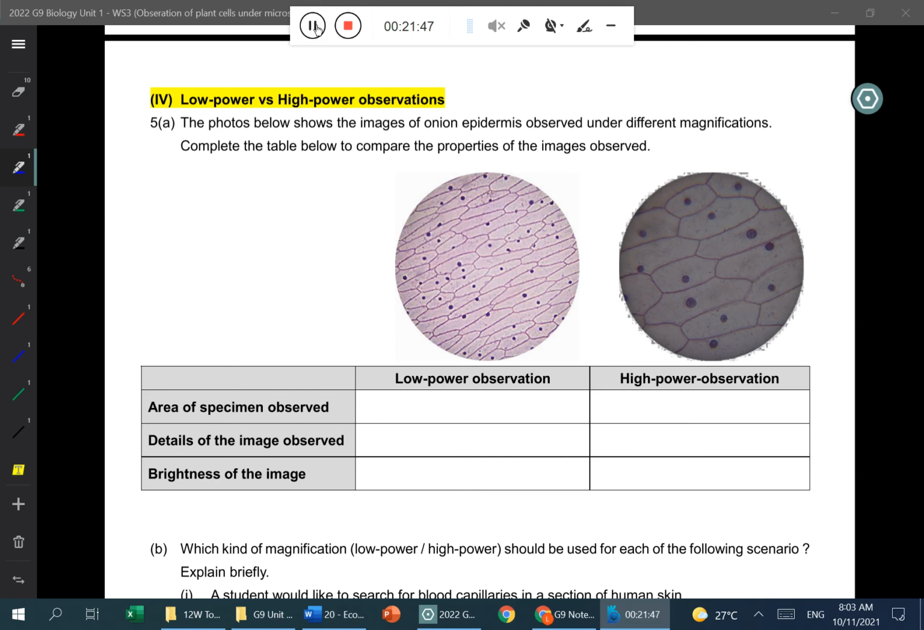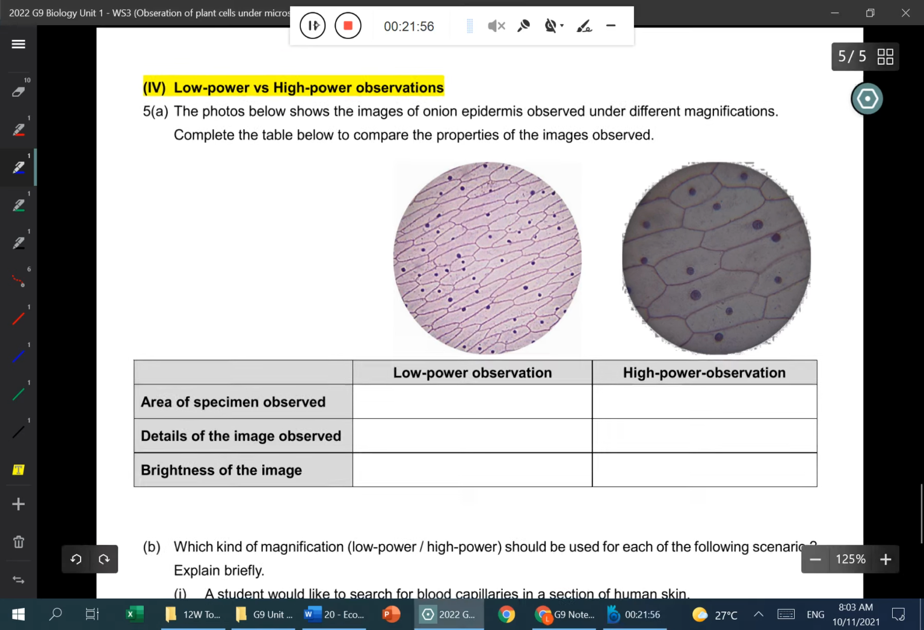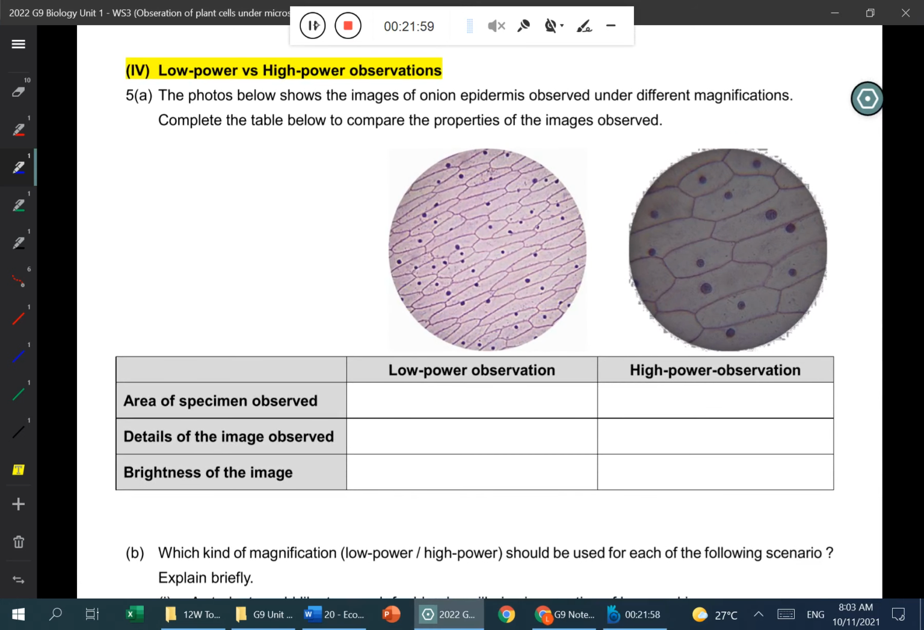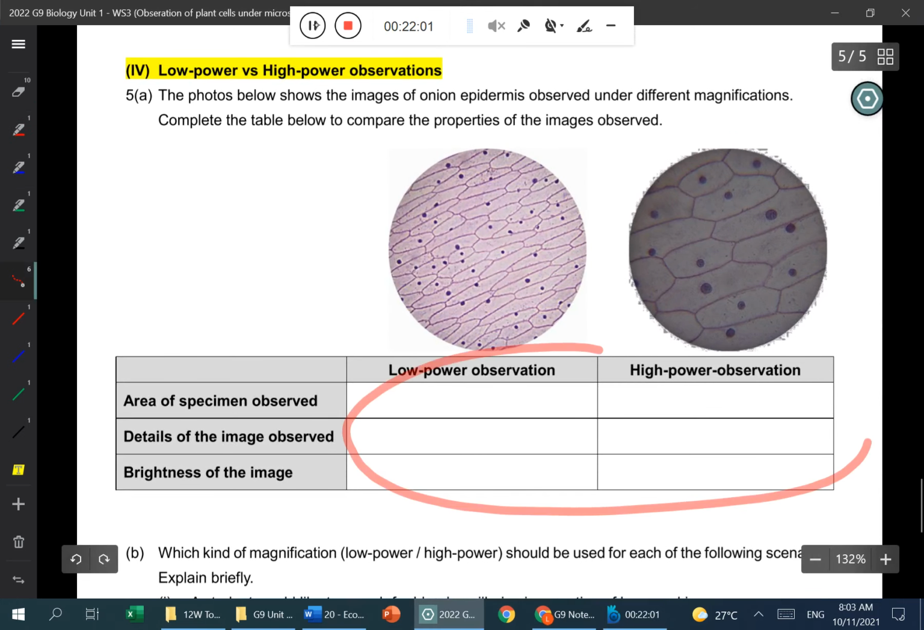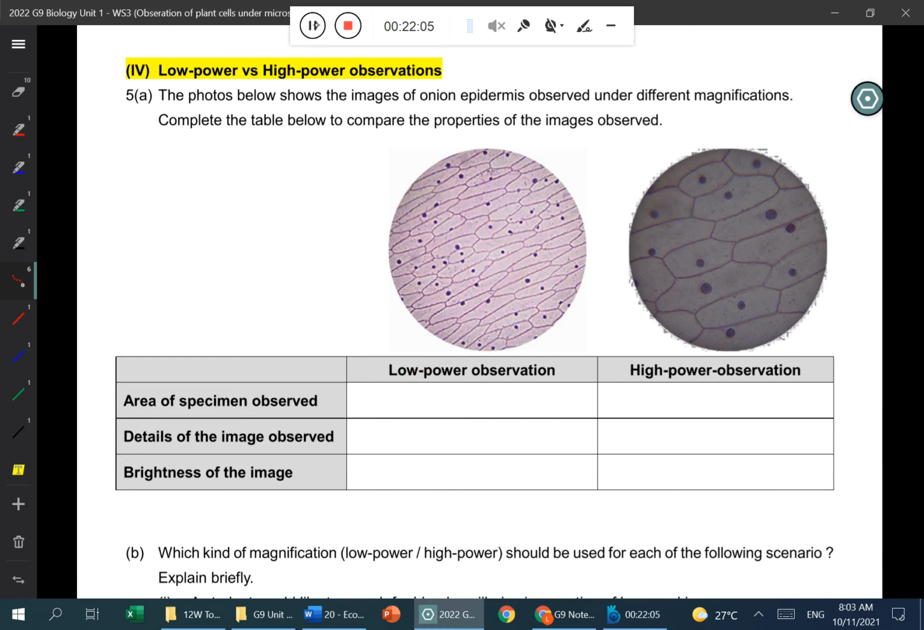Now please allow me to skip to the last page of the worksheet, as we have been talking about low power and high power observations. Can you fill in this table based on what we have discussed? So low power observation allows us to see a larger area of the specimen, but with less details. While high power observation focuses on a smaller area